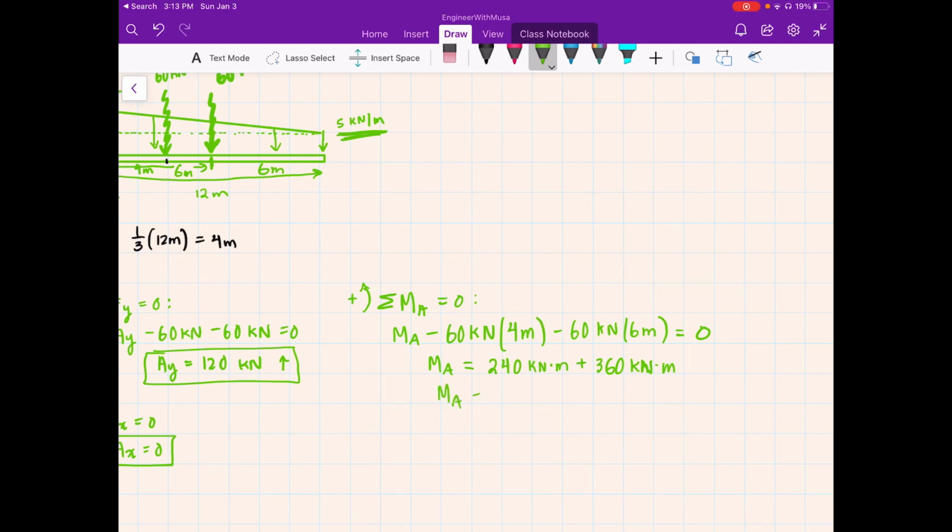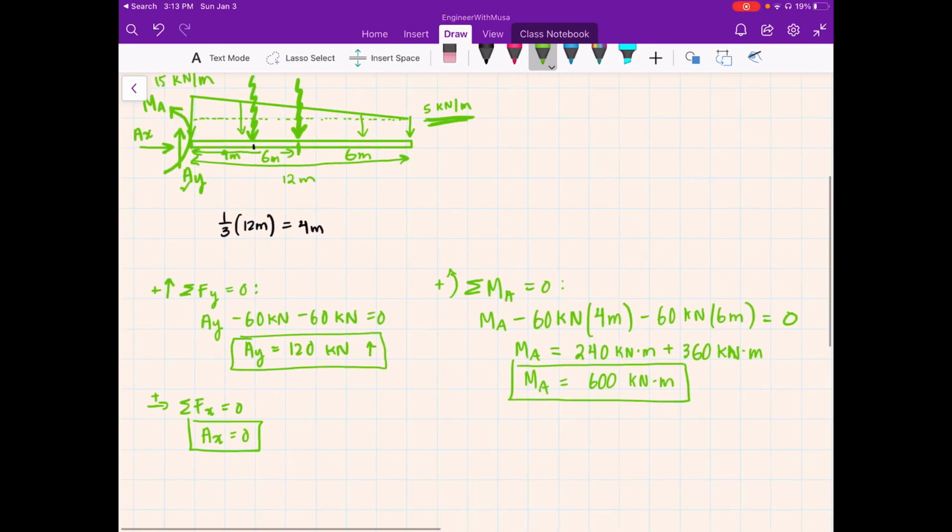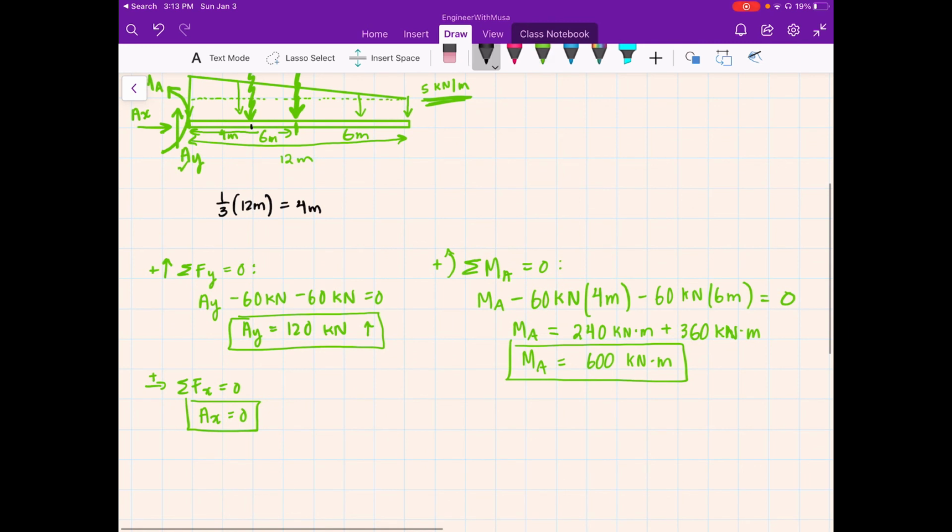Therefore, MA is equal to 240 plus 360, which is 600 kilonewton meter. And so if you were to redraw your beam setup,